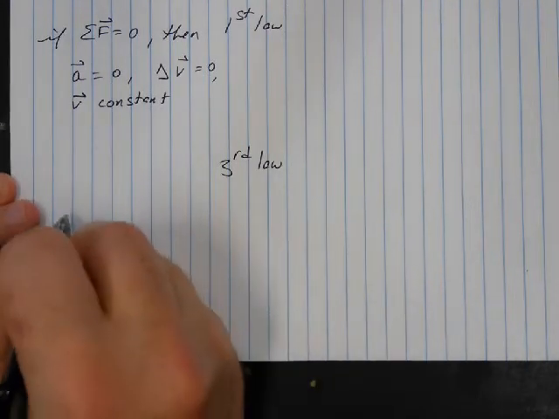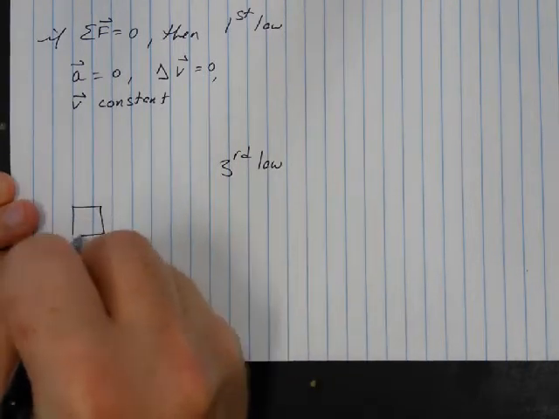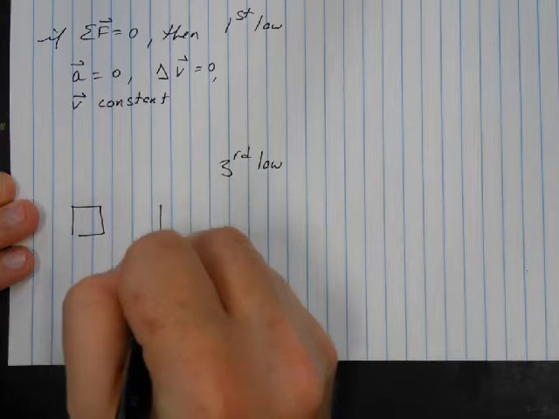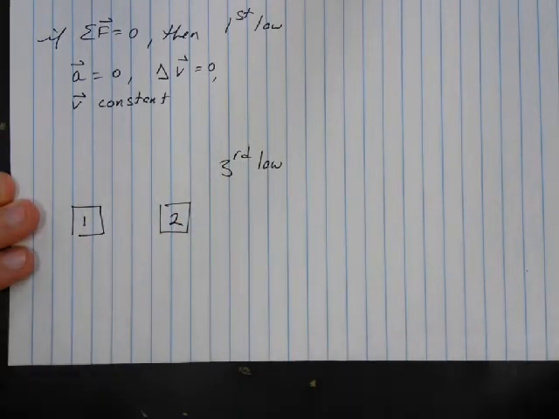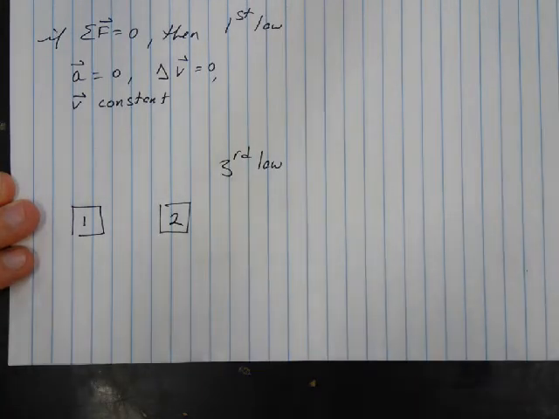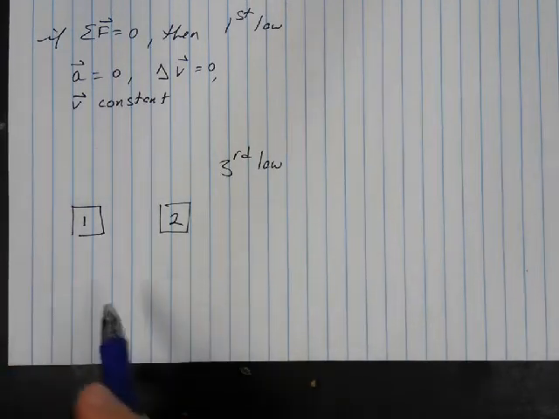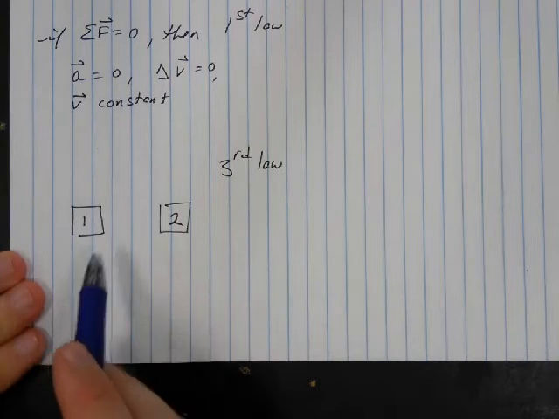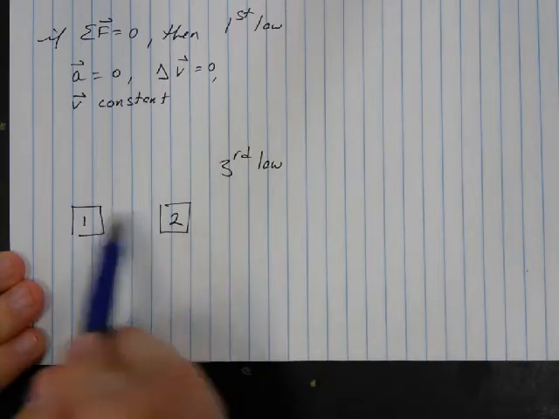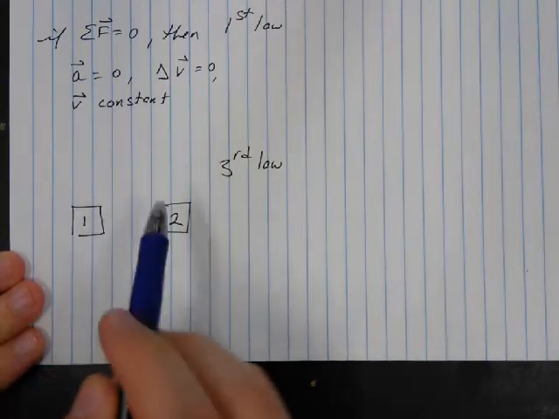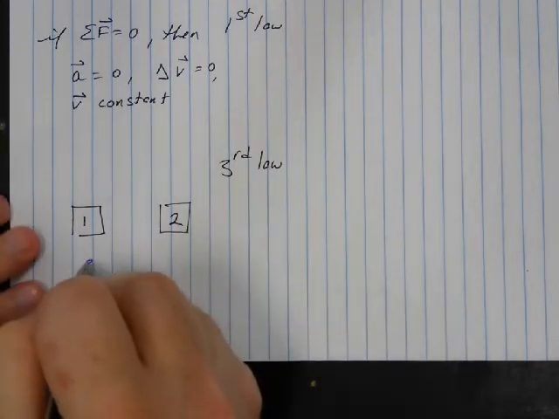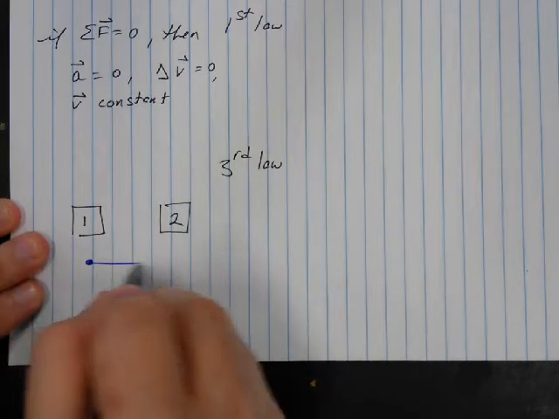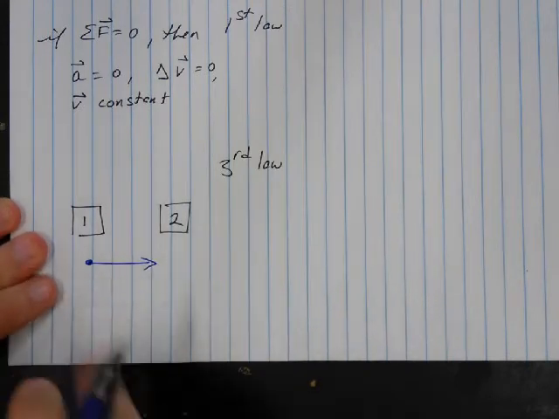But what we're talking about is objects that are interacting. So we'll label these two objects 1 and 2, and they're going to interact in some way. This might be a collision between them. This might be gravity or electromagnetic forces. Whatever it is, if we can identify a force